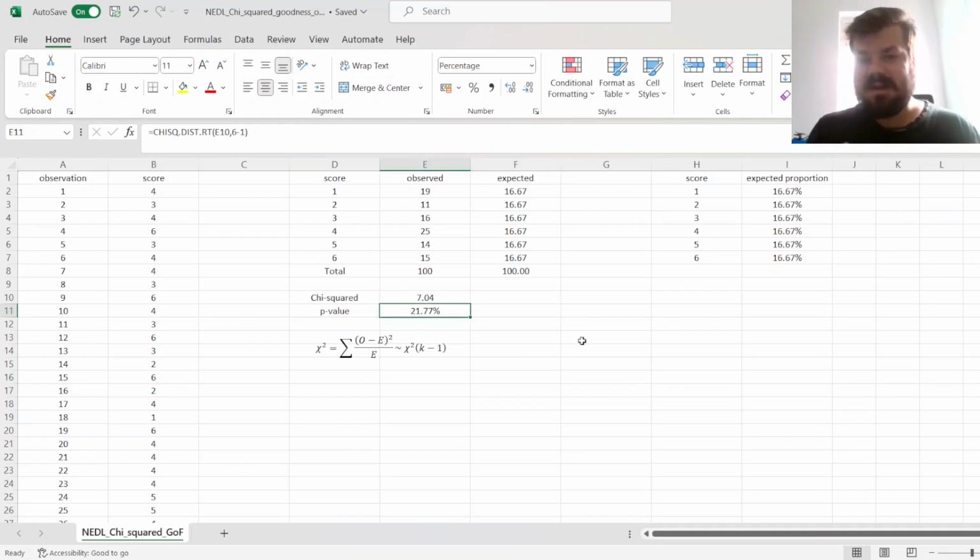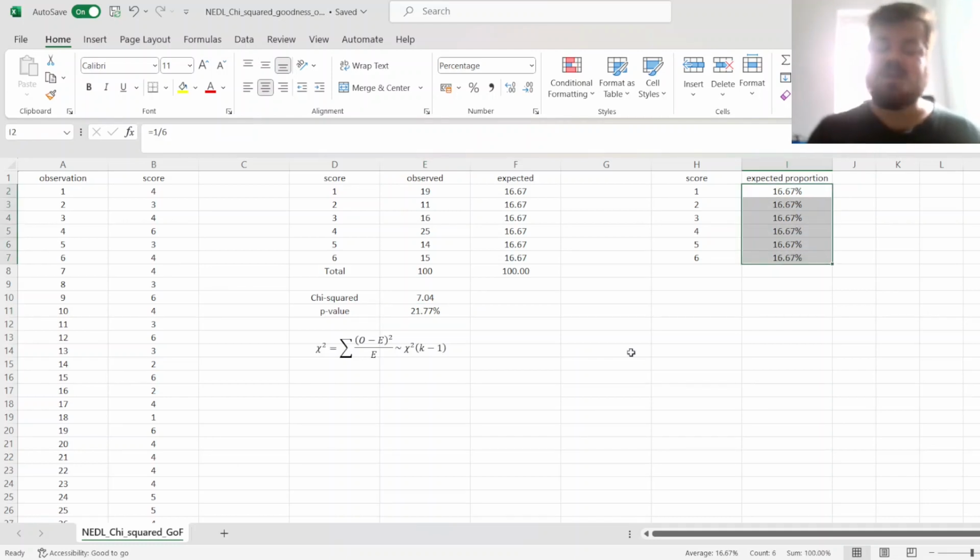Given that it's higher than 10%, we can say that the deviations from expected frequencies are statistically insignificant, meaning that we haven't got enough evidence to suggest that the dice is unfair. We have to stick with the null hypothesis that the dice is indeed fair and all the expected proportions are equally likely. But we can also use it to evaluate the goodness of fit given any sort of discrete distribution